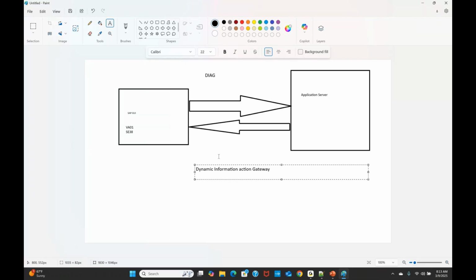What protocol is SAP using to send the request from the SAP GUI to the application server? It is the DIG protocol. The application server understands DIG and responds in DIG, and the GUI understands DIG, and finally we get the result. So this is the protocol we follow. Any questions?